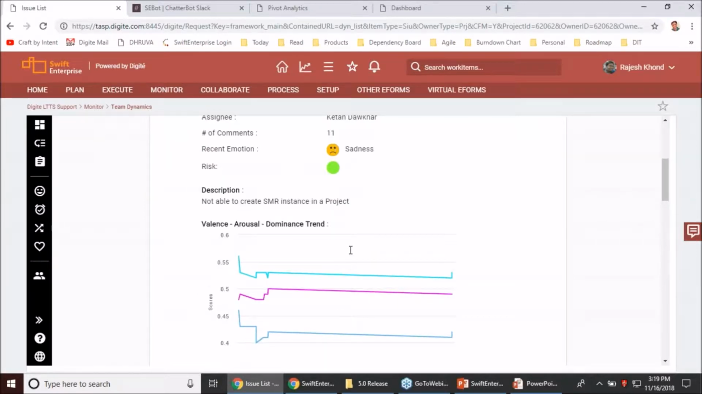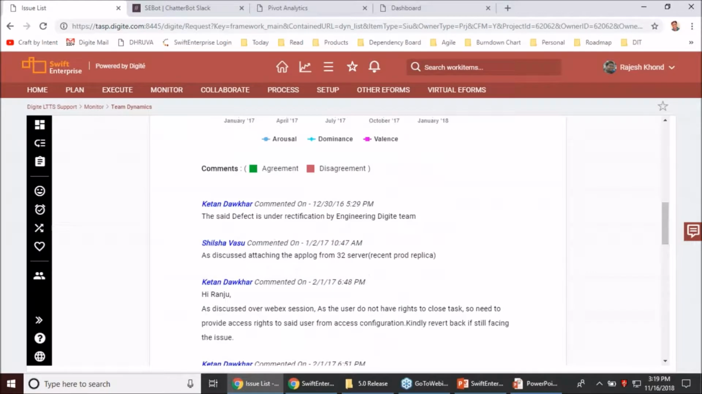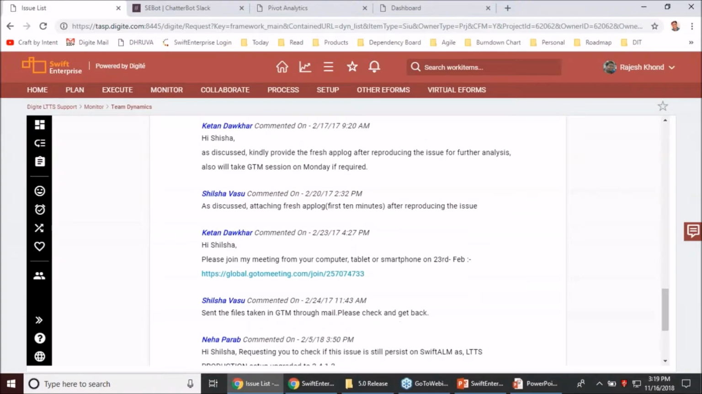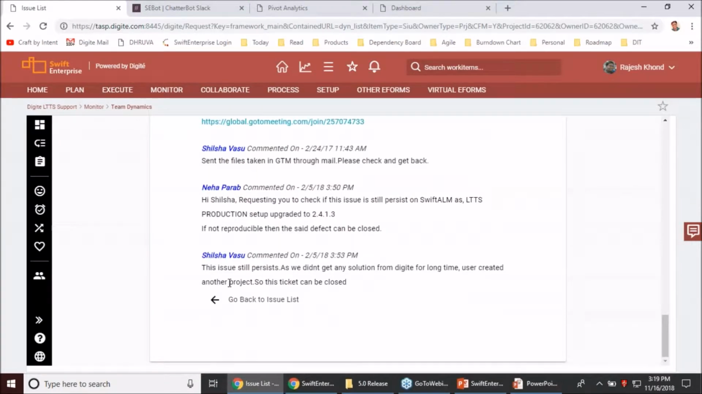Now, let's see why this kind of analysis has happened. So there are about 17 comments that have gone back and forth between the support and the customer here. And finally, it seems that the customer said the issue still persists as we did not get a solution from Digite for a long time, and the user created another project, so this ticket can be closed. Now, this is one of the scenarios wherein we are not able to help out in a timely manner due to an issue which required a lot of analysis, and the root cause could not be found in time for us to be able